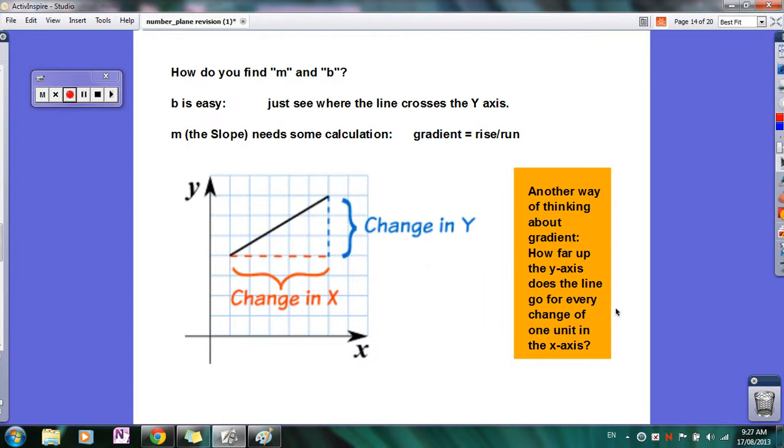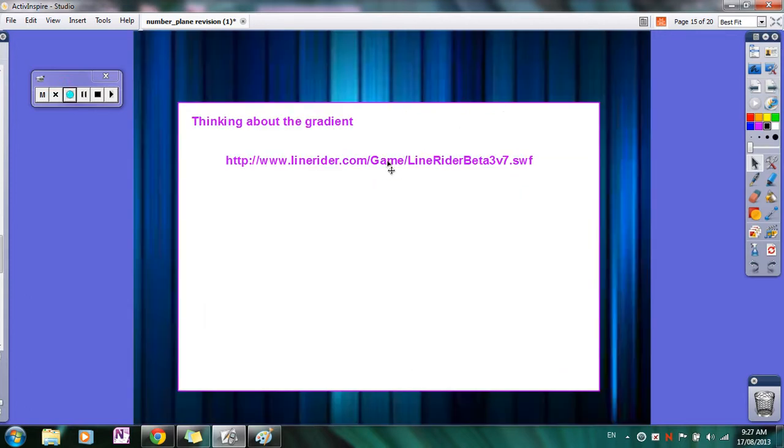Another way of thinking about the gradient: how far up the y-axis does the line go for every change of 1 unit in the x-axis? Okay, don't worry if that's still coming to you. We're going to have a look at